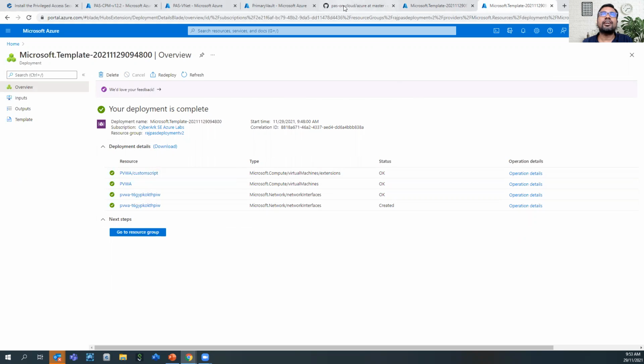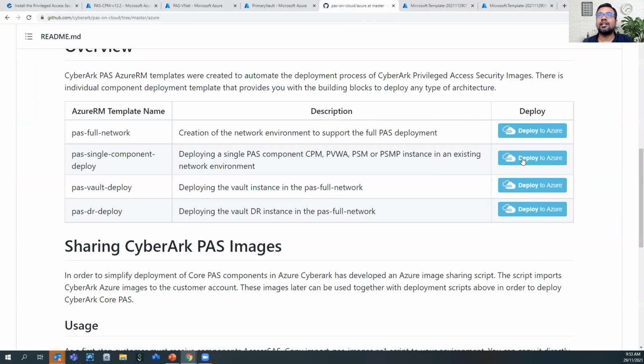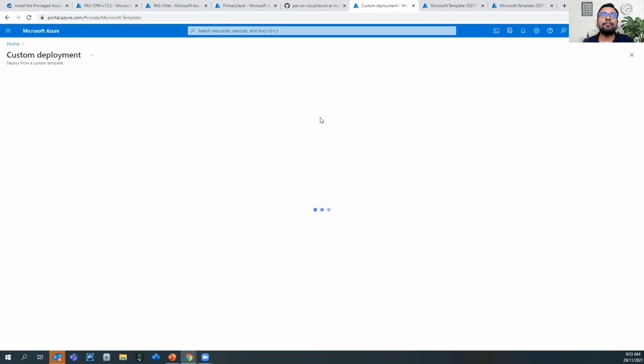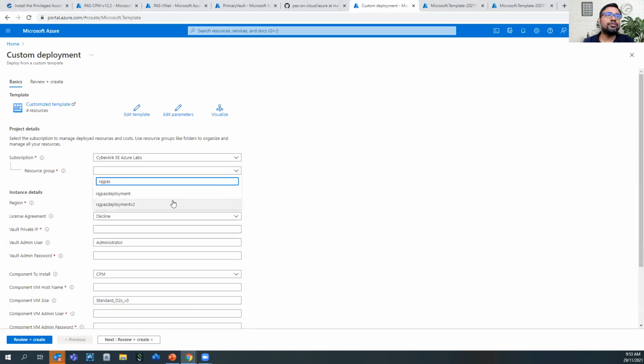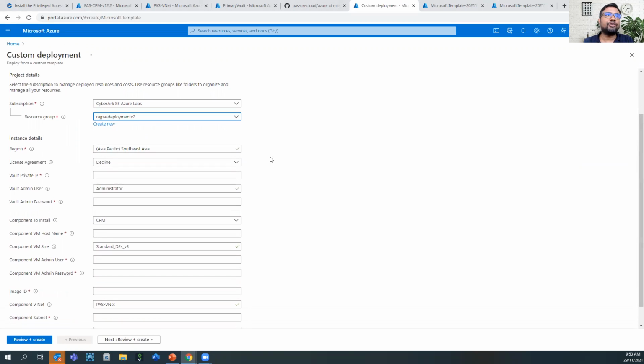So now let's try deploying the PSM, the last component. Let me authenticate again. Once you are able to authenticate, we have to fill up a few parameters here. We will be using Raj PaaS deployment v2.